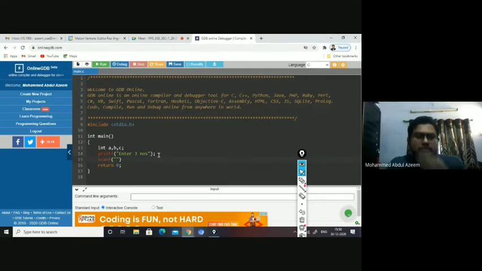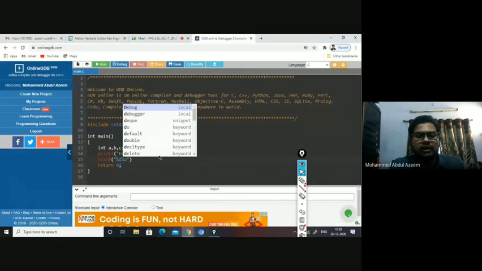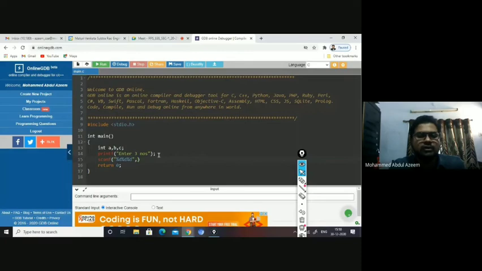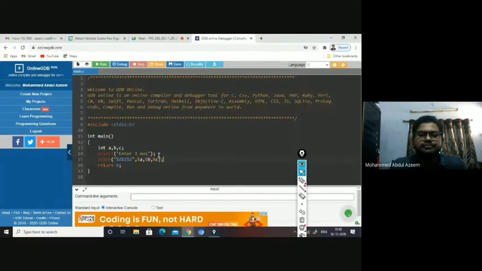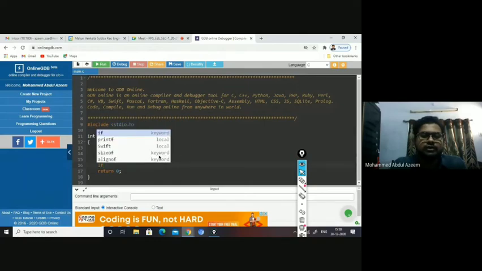So now you're going to read three numbers with the help of the scanf function, right? So how do you read percentage d? Since you have three numbers to be read of integer kind, 3 times percentage d, then double quote, comma, ampersand A, comma, ampersand B, comma, ampersand C. Okay. So now you're going to write the code.